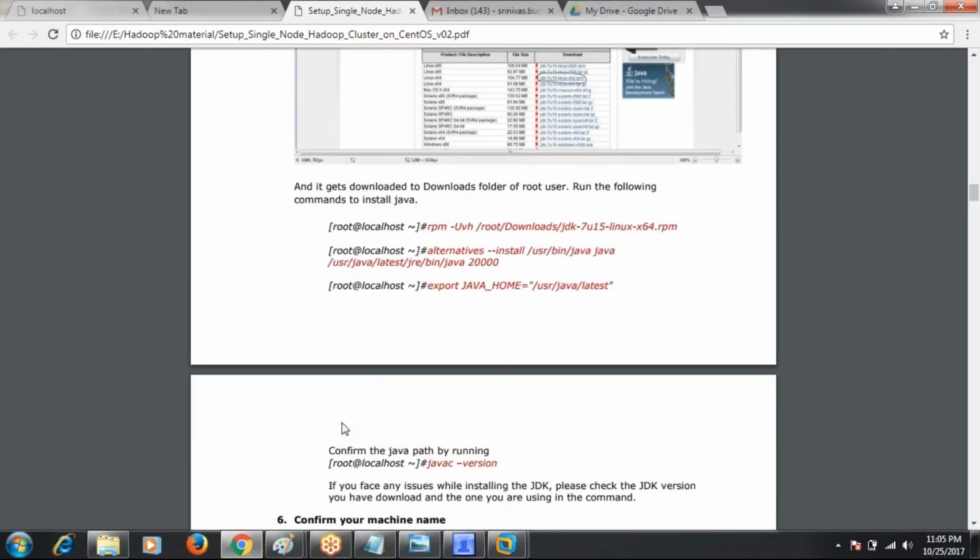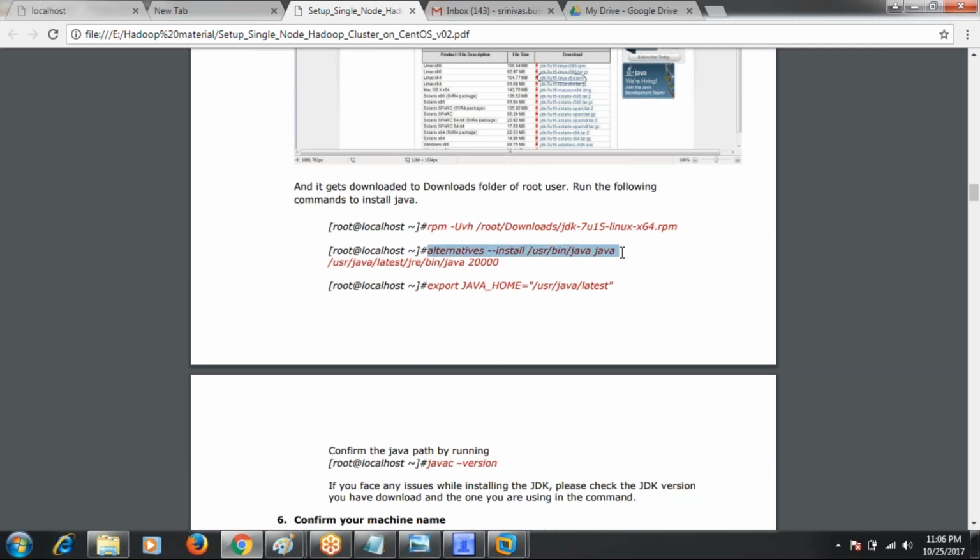Then this step is completed, and next, run the alternatives command. We are installing Java 1.7, so in future, if any new version comes, we can update automatically. If you want to update automatically, you can run this alternatives command.